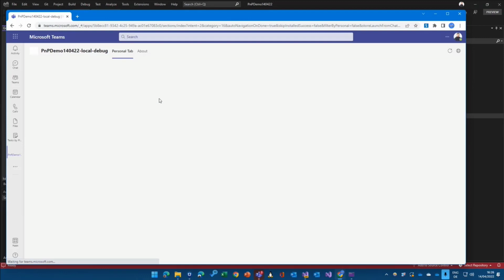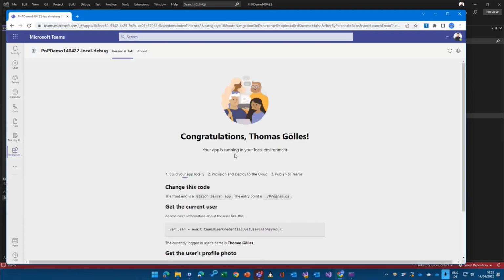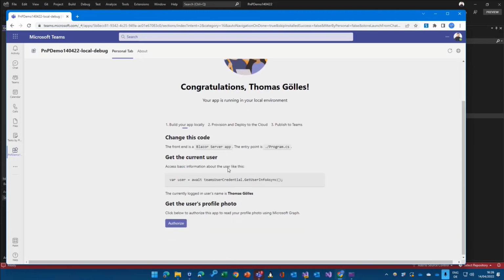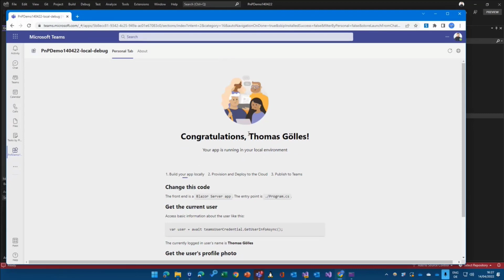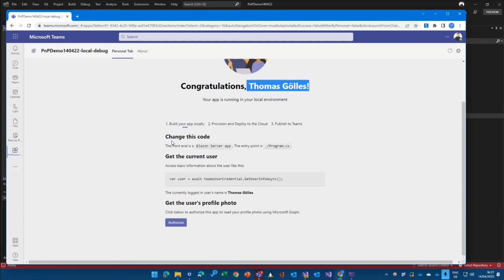And then I will get a static tab with a super simple starting page in here. The first thing that we need to understand here is that this tab, of course, is now iframed into my Teams application, and still it already has my name because it is using the built-in SSO token, or the token that comes with the JavaScript SDK, and takes my name out of the token. That's the first thing. And the second thing is, that's basically the code line, but we will have a look at the code in a couple of seconds.